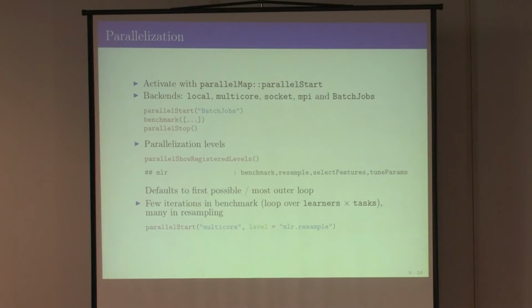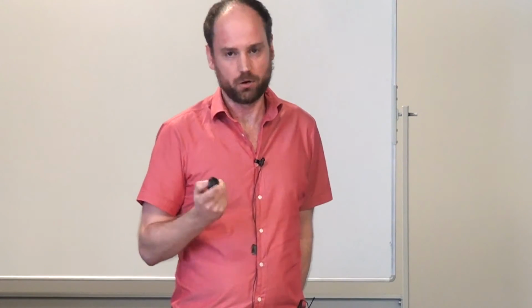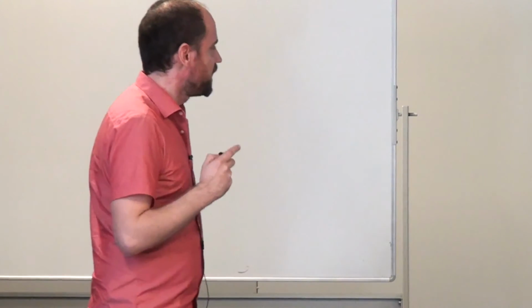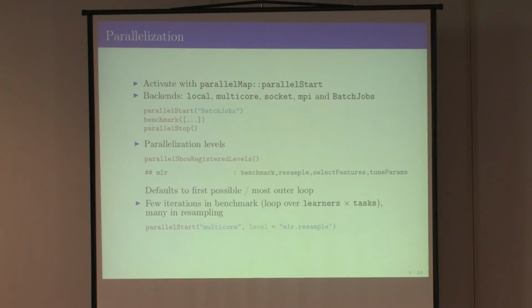because we use our parallel map package, which works on local machines. It will work on multi-core machines. It will work in socket mode, on MPI clusters, and we also integrated another package that we wrote for HPC computing, so high performance computing. This is also another project that Bischl and I did together, batch jobs, and this enables you to virtually use every high performance batch computing system. So if you know what a Torque system is, or a Slurm cluster, or LSF, Condor is not supported yet, but most of those are, and this will work out of the box once you have configured this once for your site.